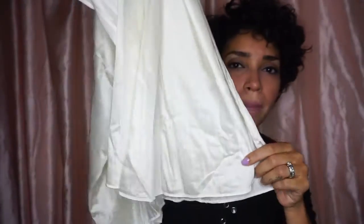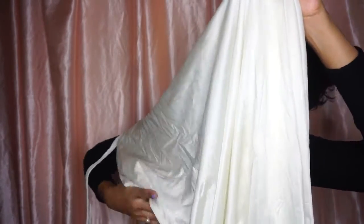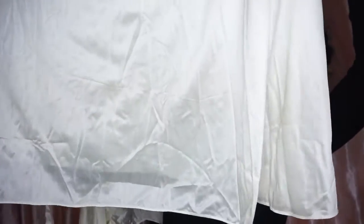So this is more of the bridal one. It's very long, not a to-the-floor long, but it is extremely long, and it goes a little longer in the back than in the front. Let me just throw it over my shoulder so I can show you. Actually no, it's just even. It's just the way that I was holding it. This one is actually one length,